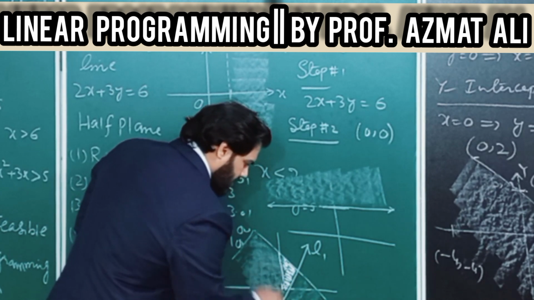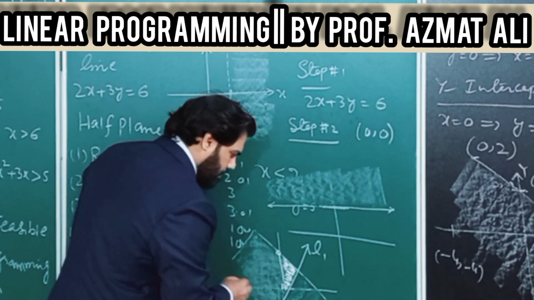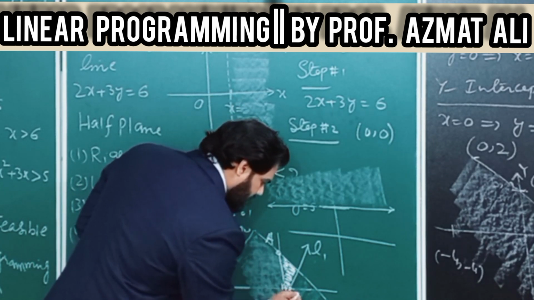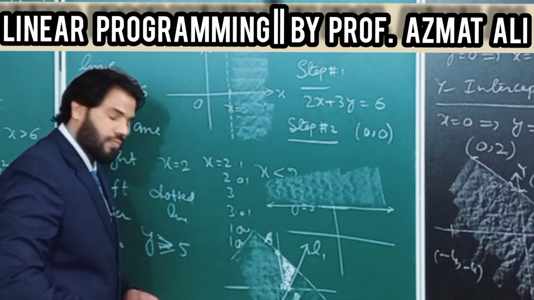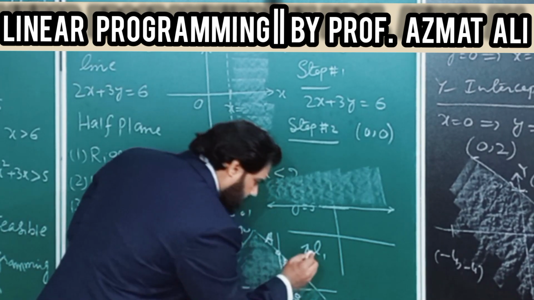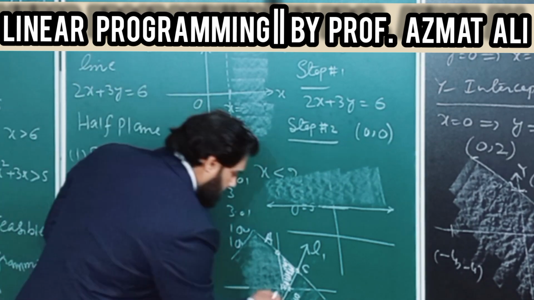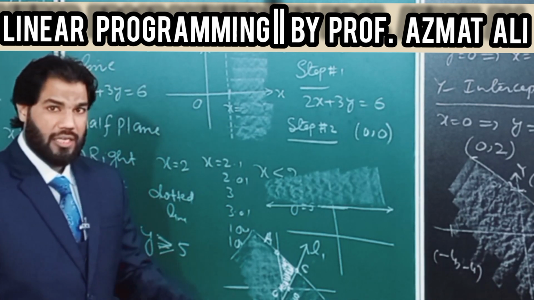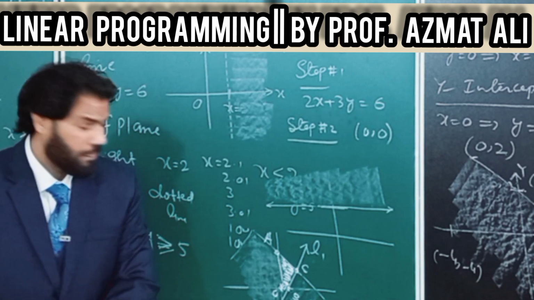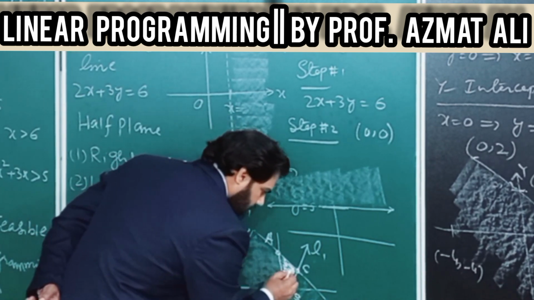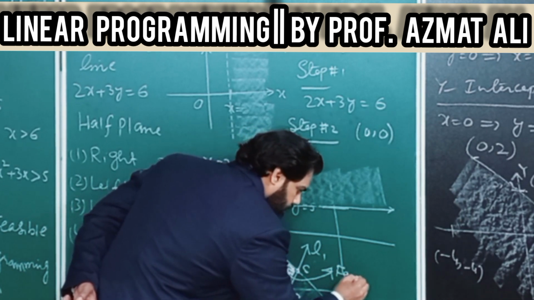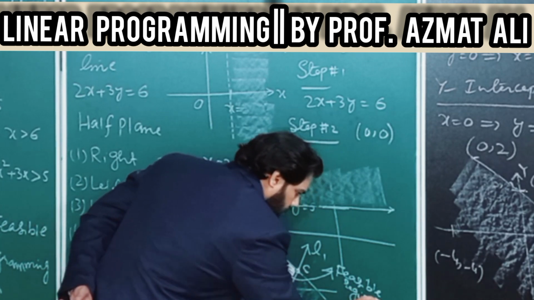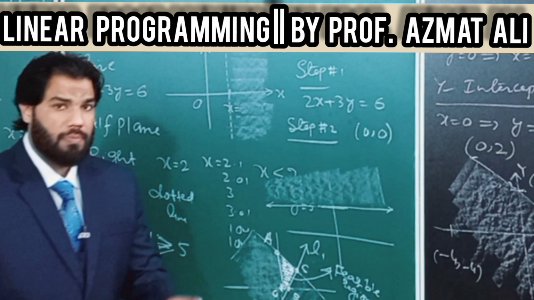These two lines cut the x-axis here and the y-axis here. Suppose this is point A. L1 cuts the x-axis here. This is point B. This is point C. And suppose this is the origin (0, 0), also included here due to the non-negative constraint that I will discuss later. Now this portion is called the feasible region, and every solution of this feasible region will be a feasible solution.